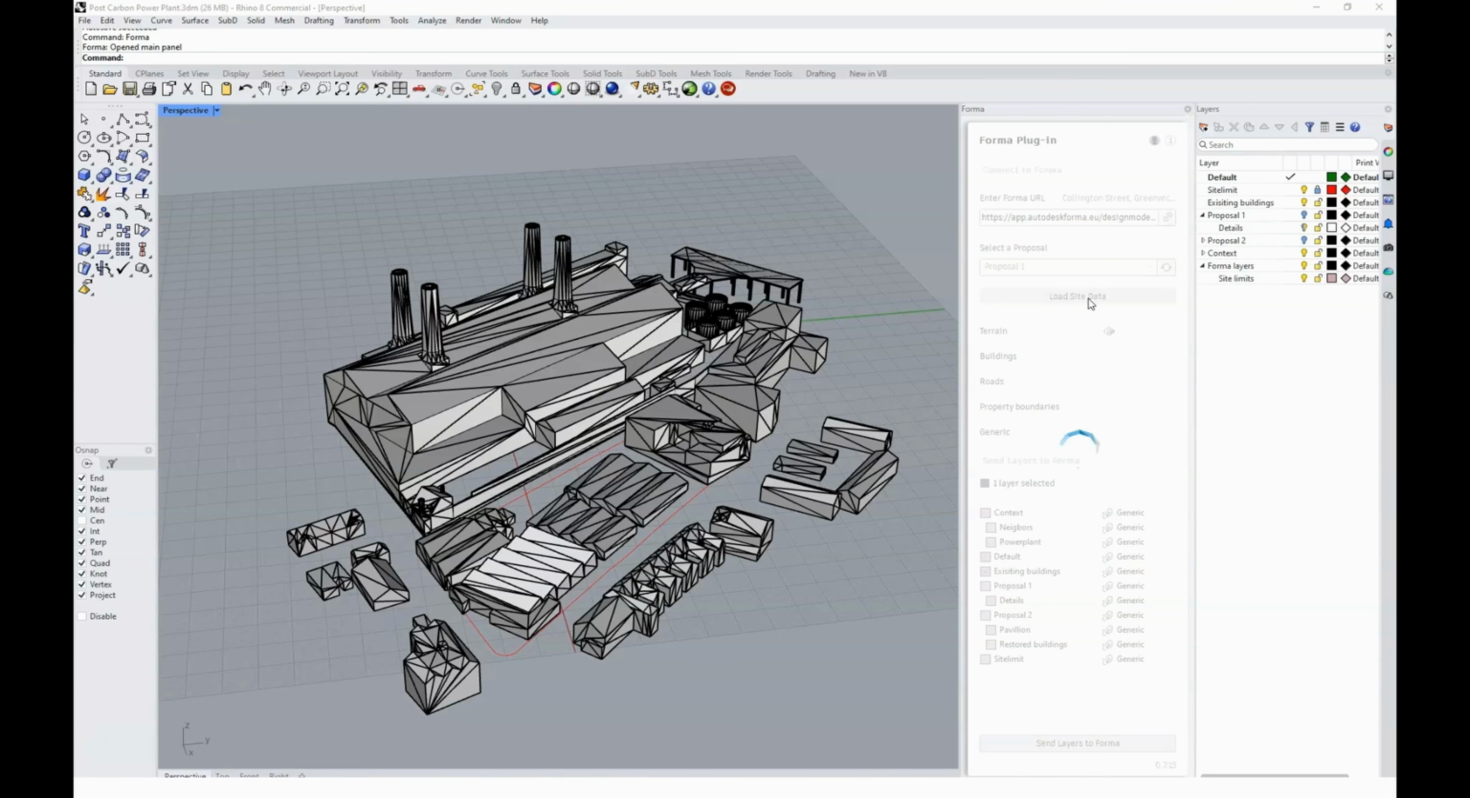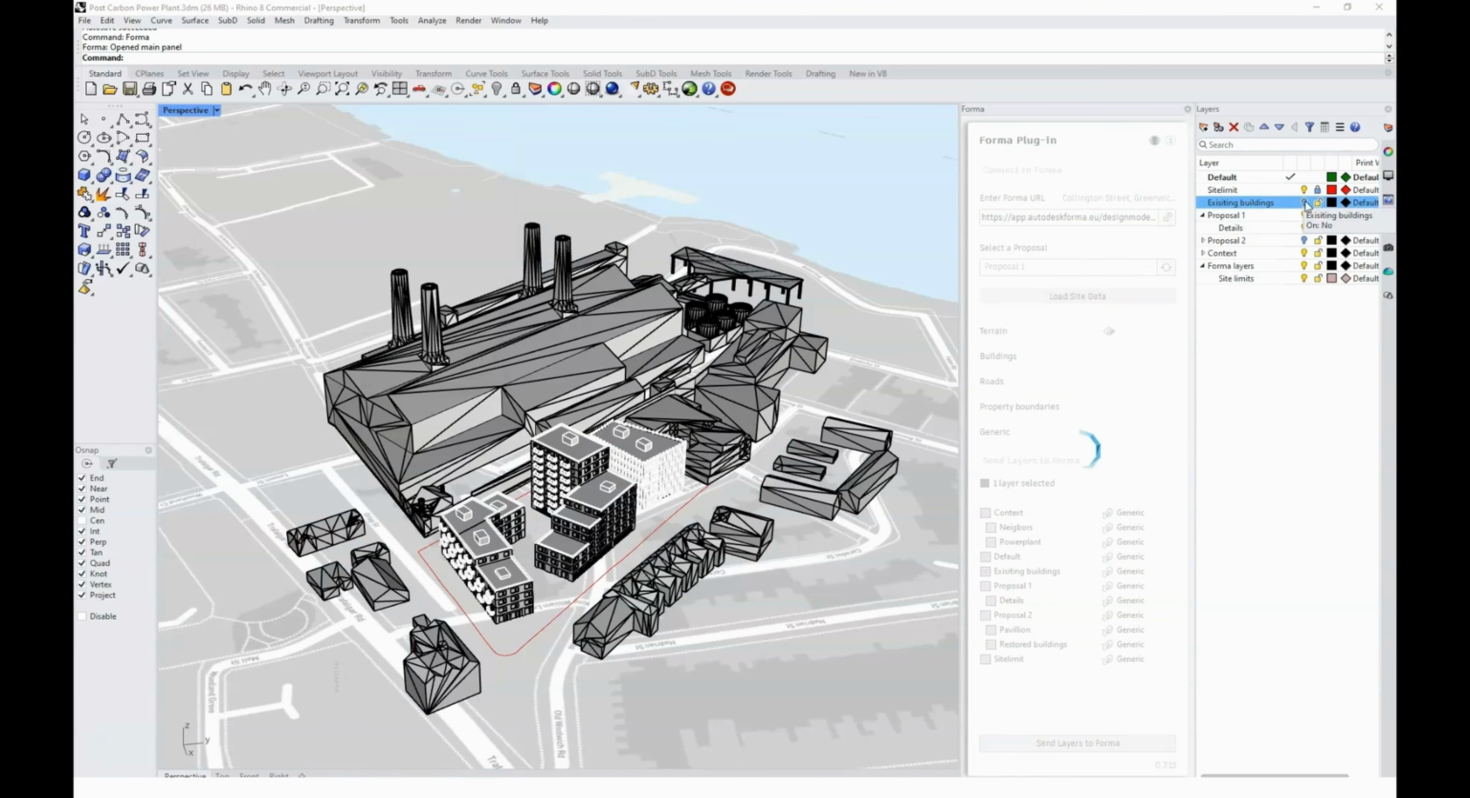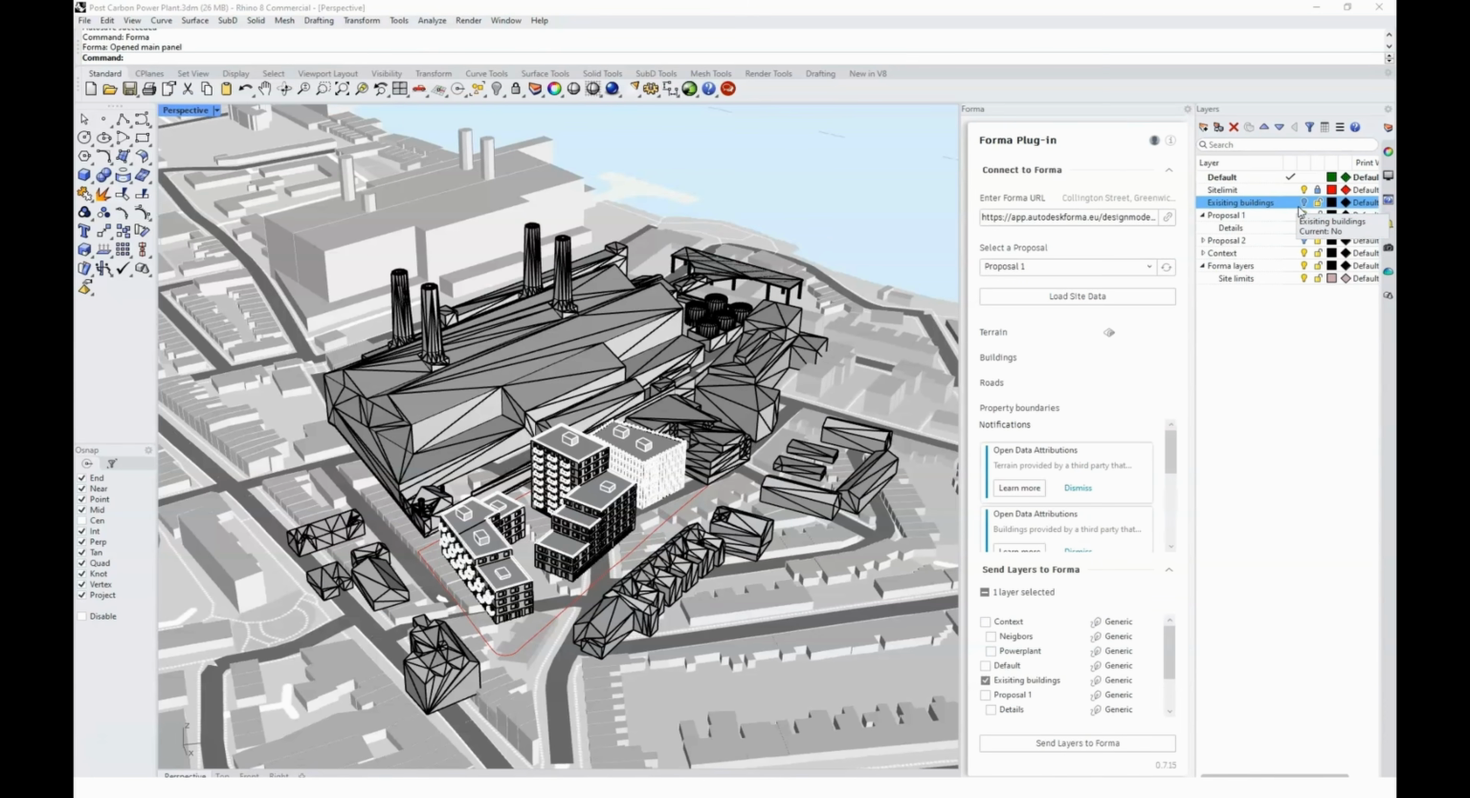So if your model is somewhere in the world or close to zero, then we're using a reference object that you can move around, and that will ultimately change the connection or the placement of the Forma model inside Rhino and vice versa. So you'll see here right about maybe two, 3 more seconds. There we go. I'm going to select the Forma layer site limit,